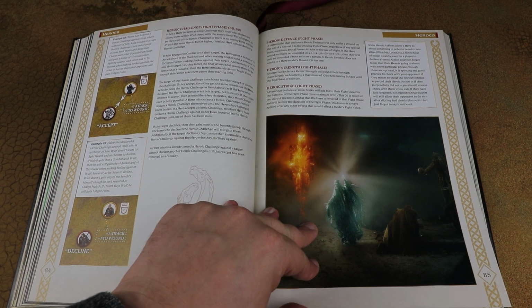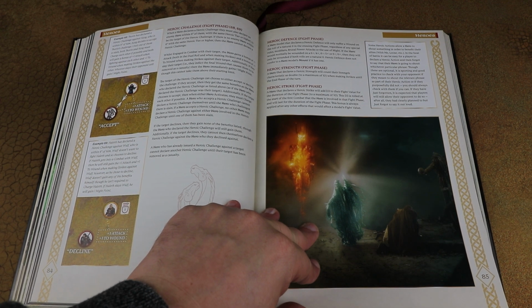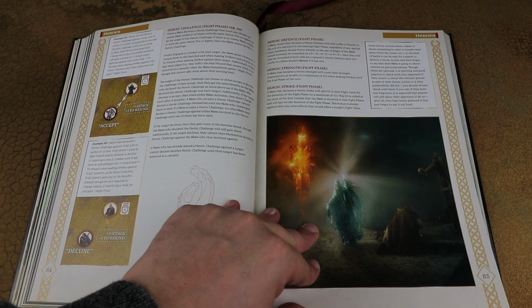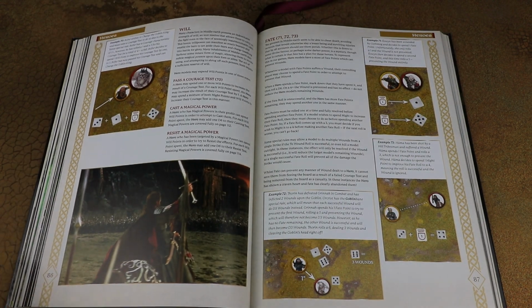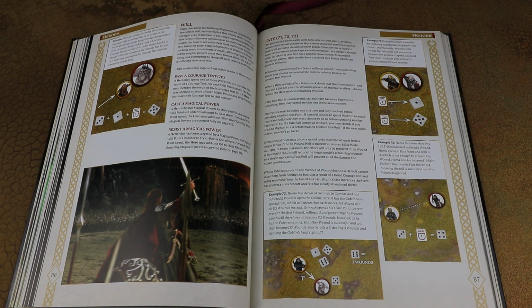There's ways of making it harder for you to be wounded with heroic defense, and of making your strength higher with heroic strike. Will is used to